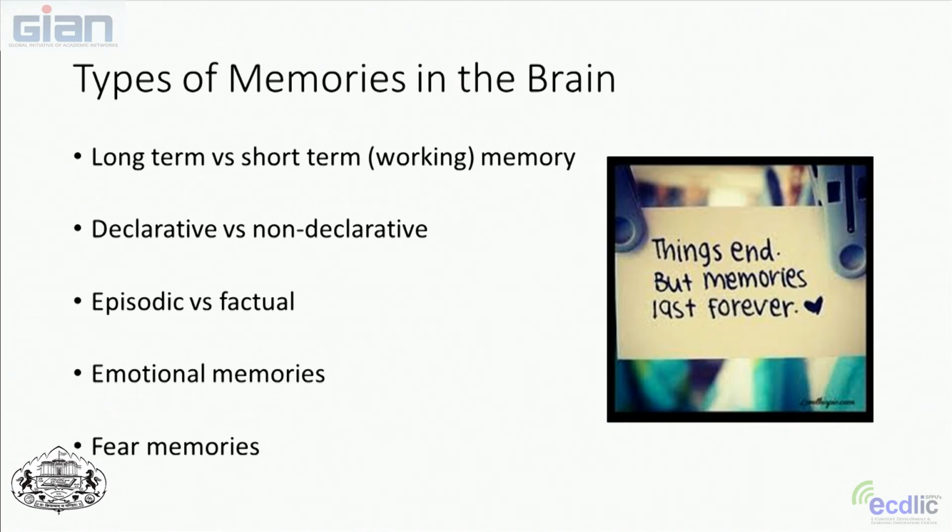We also have emotional memory, so you might remember something sad and you can actually stir up that emotional system with this memory and bring it up to the front of your brain again. And we also can develop fear memories too, which I mentioned with the PTSD. Although fear memories can also be a good thing, right? Because if you see maybe some kind of a poisonous snake you don't want to associate with, you might shriek and run away as fast as you can, which would be a good thing to keep you from harming yourself.